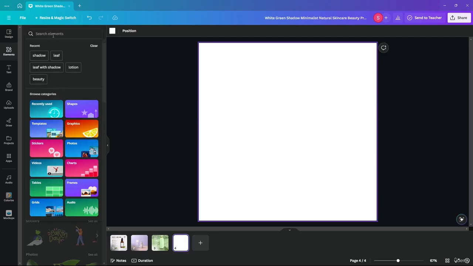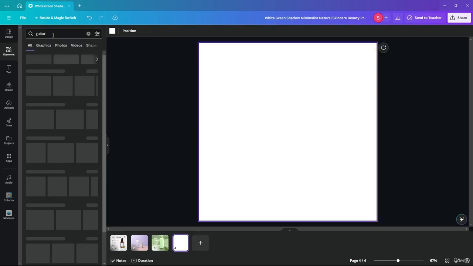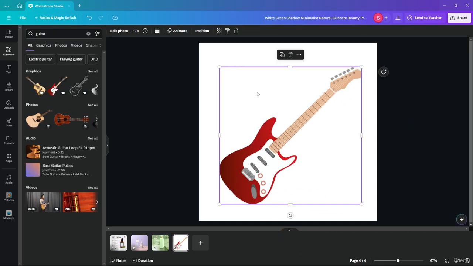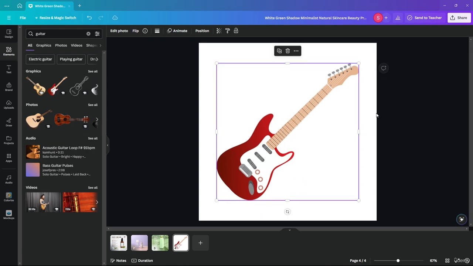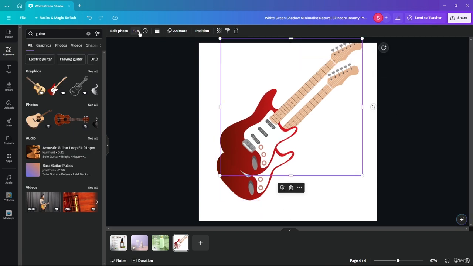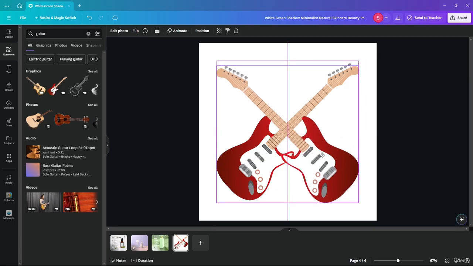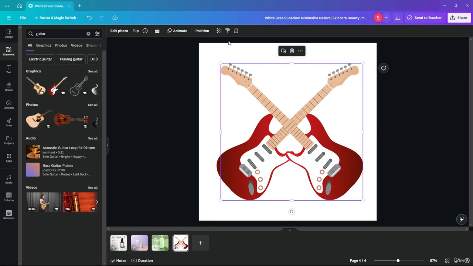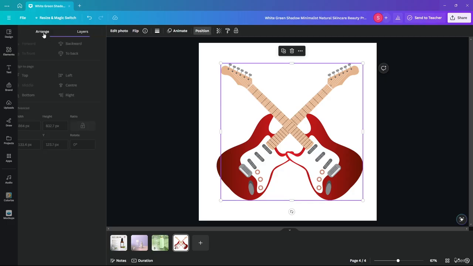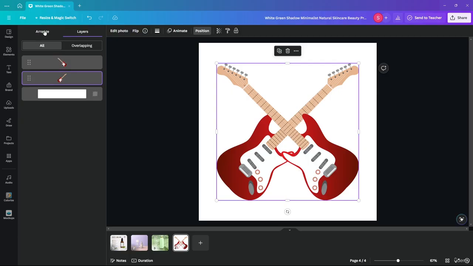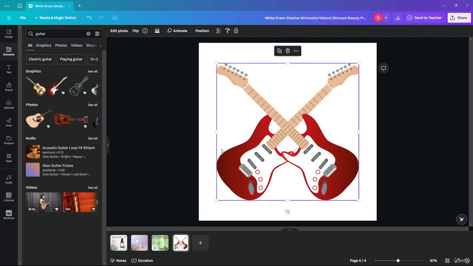Like for example, guitar, electric, there you go. You can have an electric guitar over here, right at the center, have another copy of it, and flip it horizontally like this, paste it on top of each other. So I'll just go ahead and position this in the center, going back to layers over here, then selecting this, then arranging, and as you can see, it's already in the center. And I can just group them up together. There you go. Now after grouping them up together,